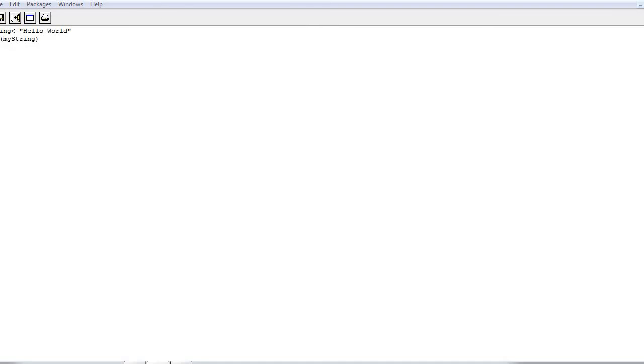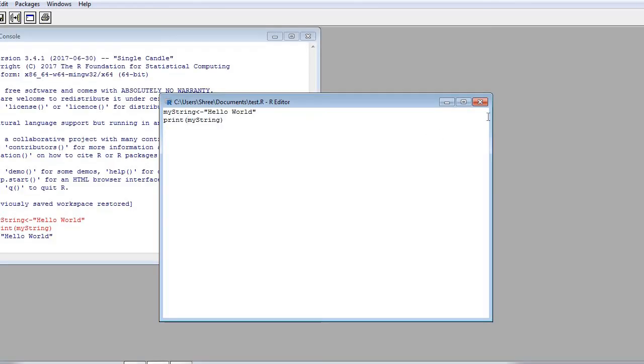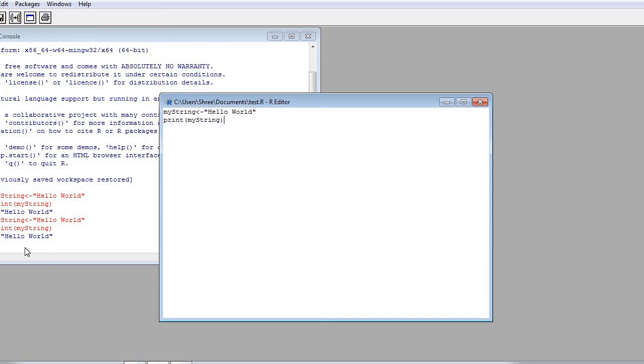Now you want to execute this. How to execute it? Just come here and press Control A and then Control R. With Control A the code is selected, and with Control R it has executed. I hope you have understood the simple way to execute commands on the command prompt or with the help of a file. So you just install R and try these commands. Thank you.